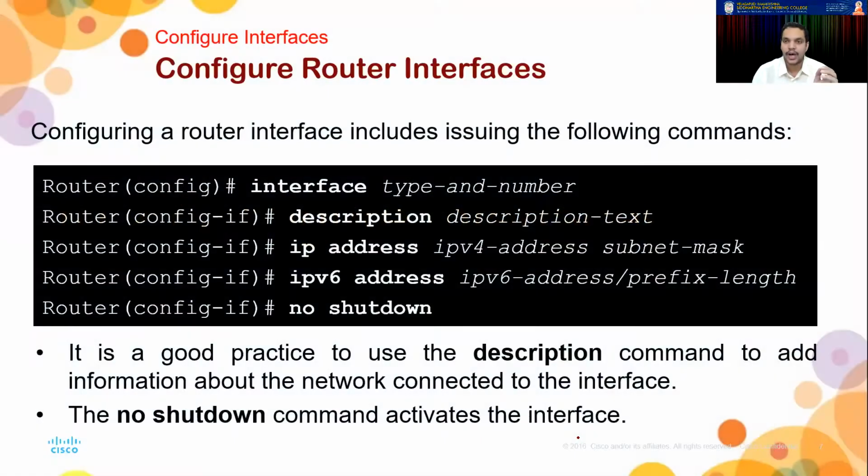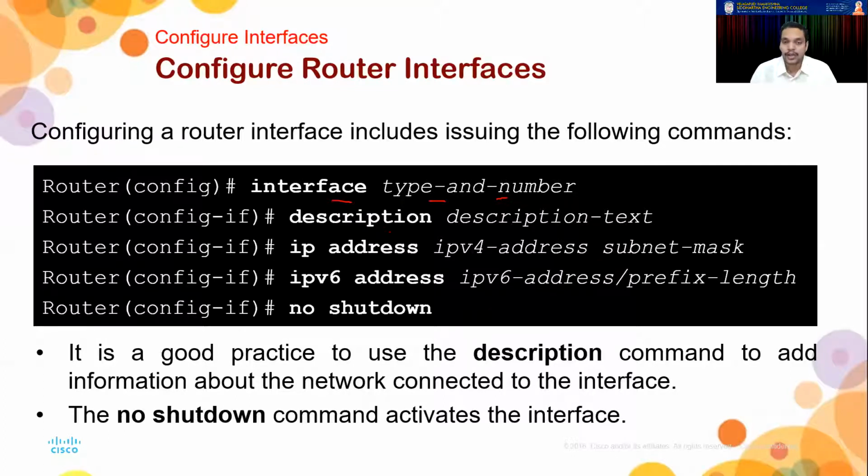So for that case, I need to go to that particular interface, specify what interface it is, and then I have to assign an IPv4 or an IPv6 address to it if I need to. And I have to mention no shutdown. So these are the three commands that we actually do to do this. Say, first I have to specify the interface type and number, whether it is fast Ethernet or gigabit Ethernet, and what is the number for it, 0/0 or 0/1, all those things. It's pretty much similar to what we did in module 2.